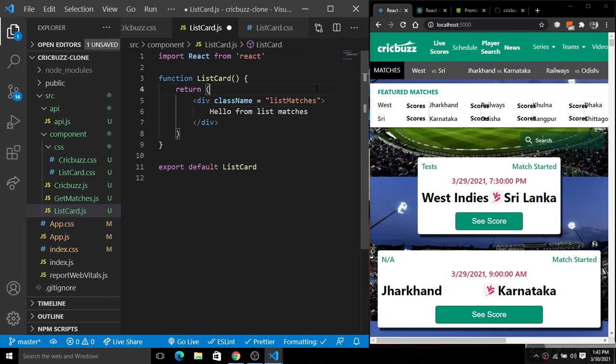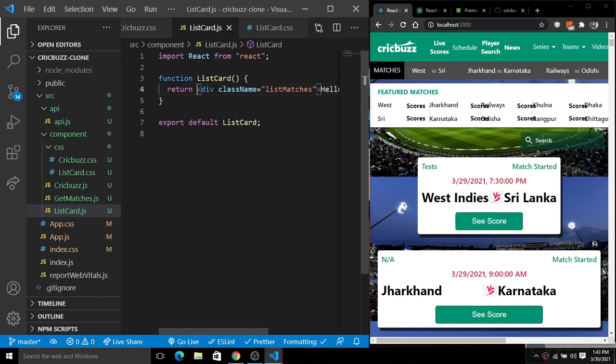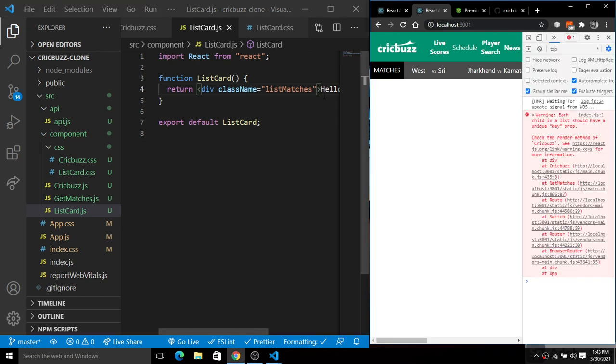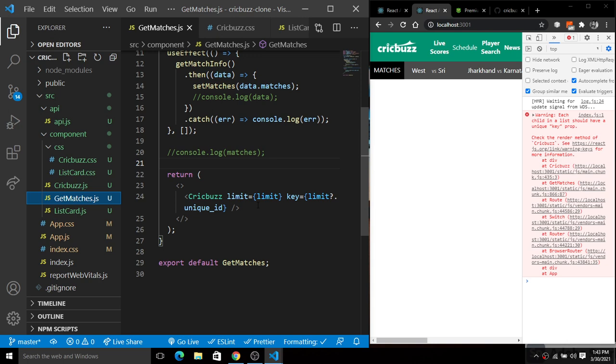Okay, now save this. It's time to render this thing. So here it has to be shown there. So how will we do this? Because you can see we have this inside of this get matches.js, and here we have this ClickBuzz, and now we will simply render the list matches there.